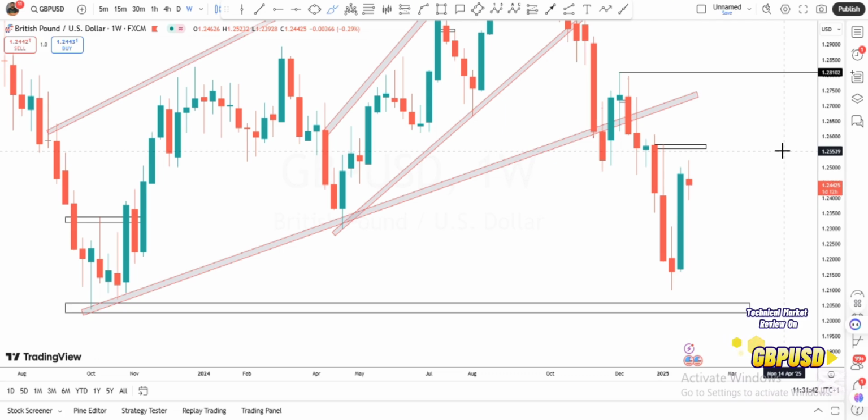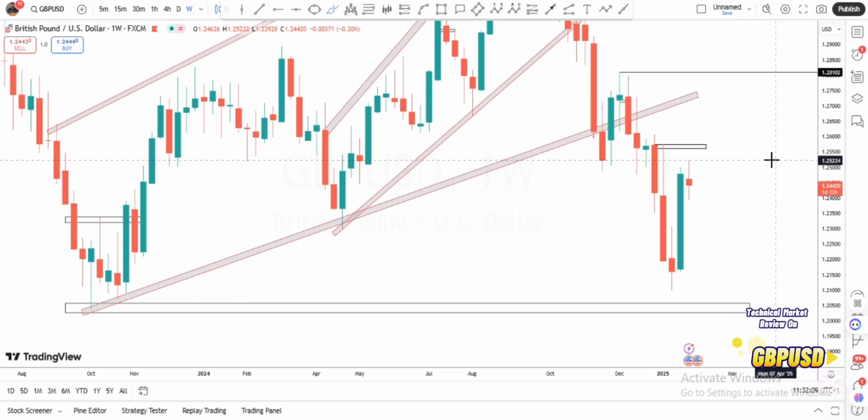But as you can see, this is just the struggle between the buying activities and the selling activities, so there is no significant movement. The buyers took the market to the upside, the sellers also took the market to the downside, and now the price is within the two, at the middle, and this is the reason why it is an indecisive candle. So if at the end of this week, today is Thursday,